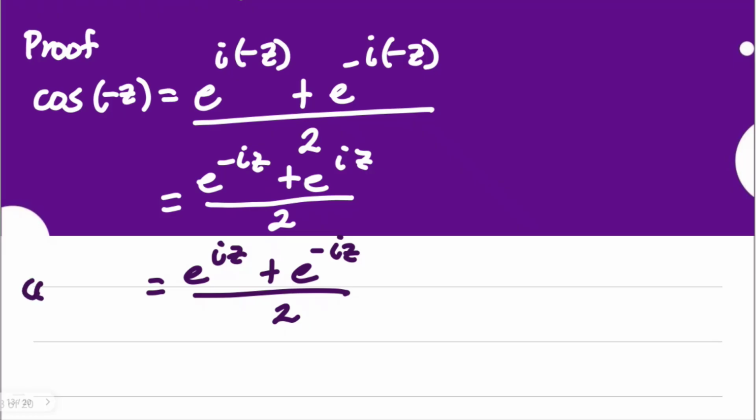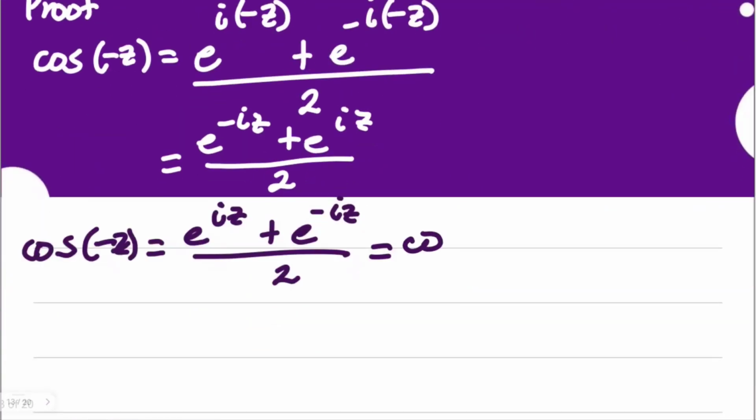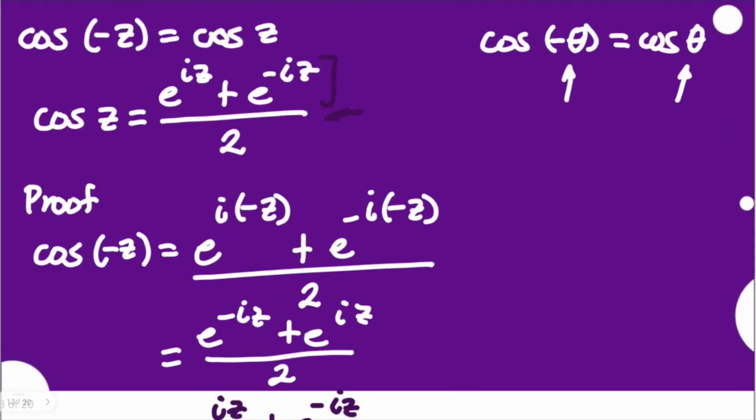This was actually cosine of negative z, which shows that this is the same as this. It's still cosine of z. This shows that really cosine is an even identity. So you plug in here negative or even the positive of that z, we'll have the same result. So basically we have shown that cosine of negative z is just equal to cosine of positive z. This is the proof for this given identity here.